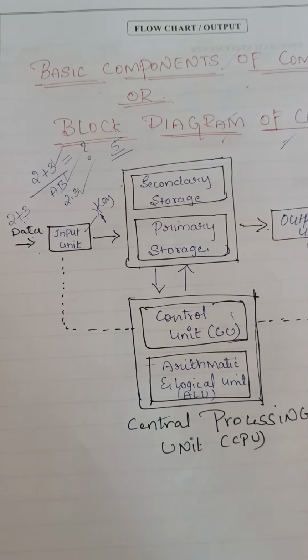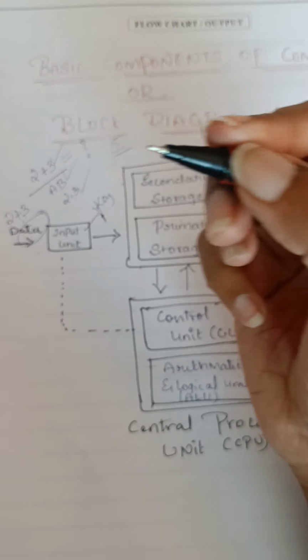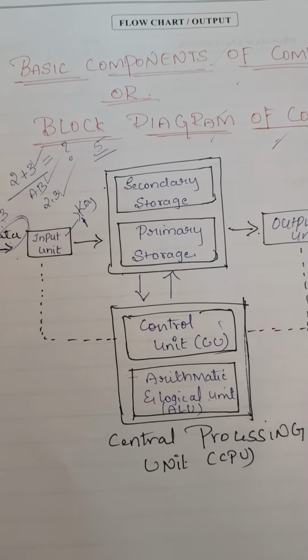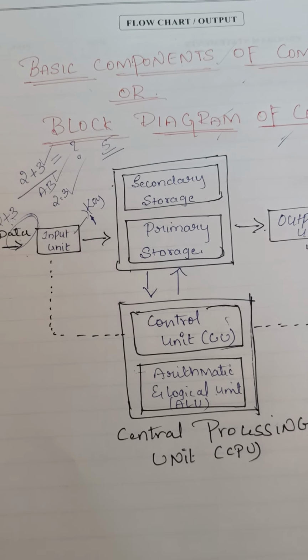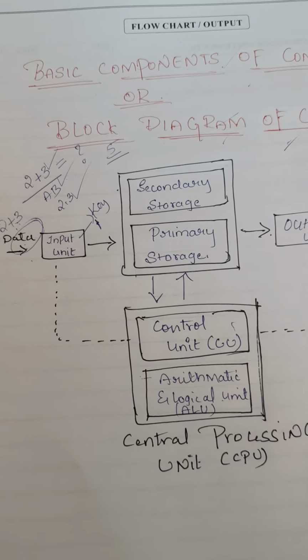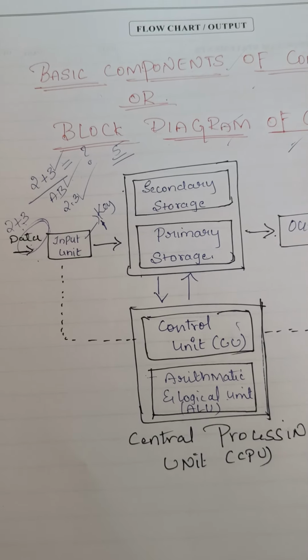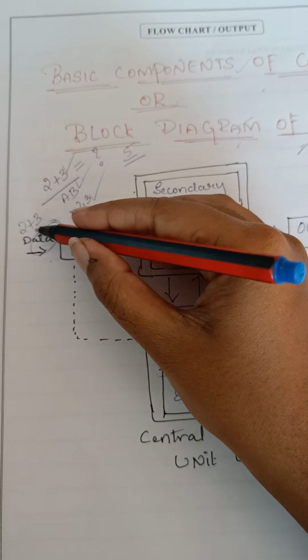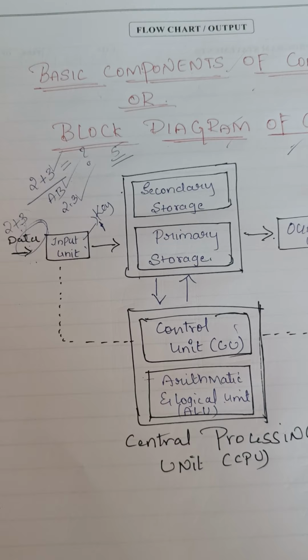Before it is given as output, that input we call data. Data means raw fact. Raw fact means it is still not processed. It needs time to process, but still it is not processed. It still acts as an input to the computer. That input we call data. That input should be given through the input unit. Input unit is nothing but input devices.